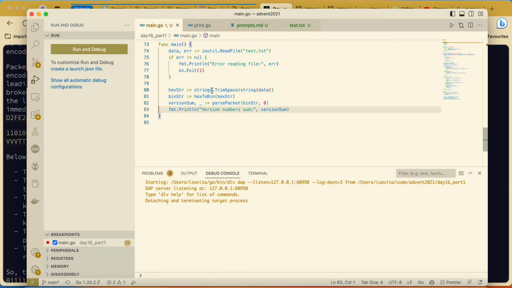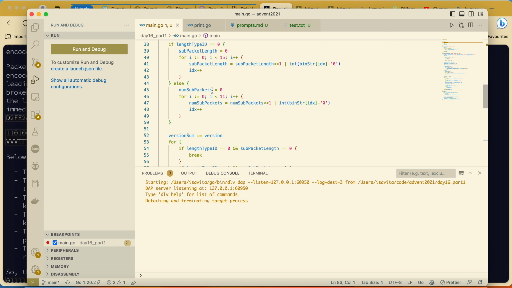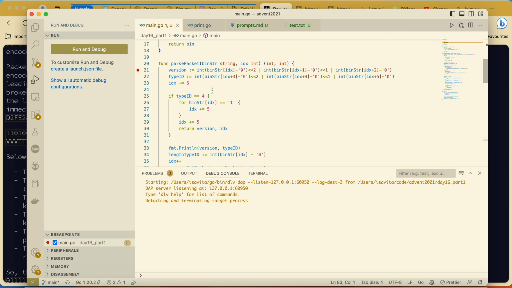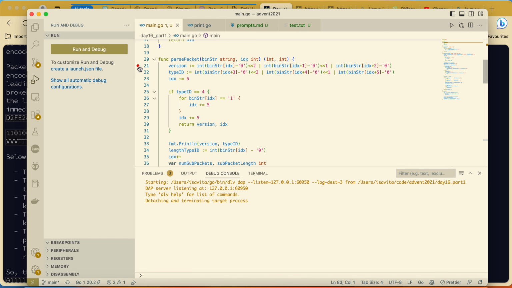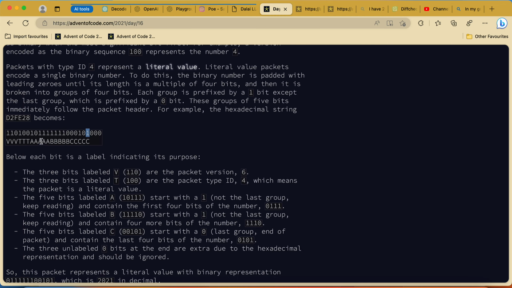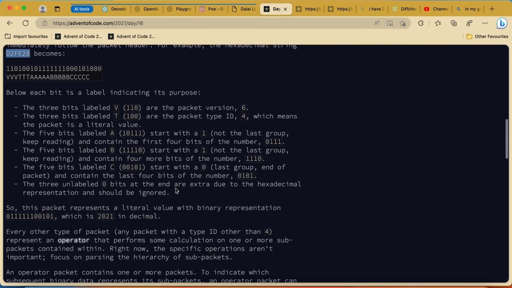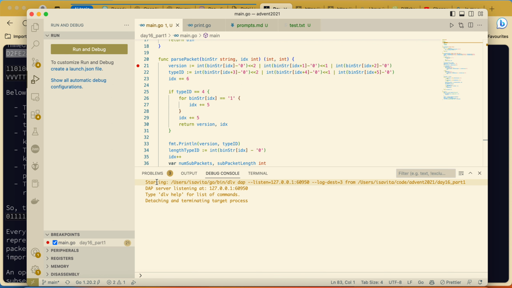I think this part of the logic works perfectly fine. That was doing it with this package. For that, here we are not really parsing the number.